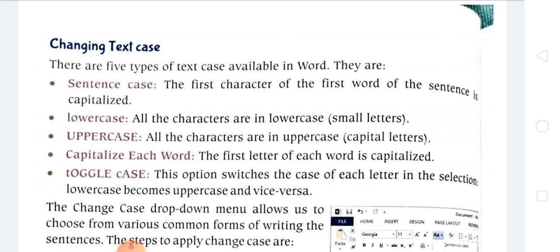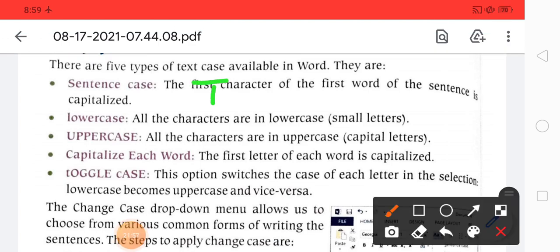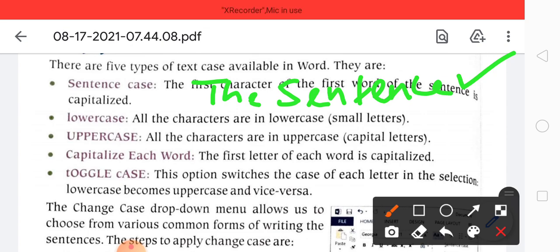That is the sentence case, in which the first letter of the sentence is capital, and after that it is how you usually write a sentence, just like this, in lowercase. All the characters are in lowercase.